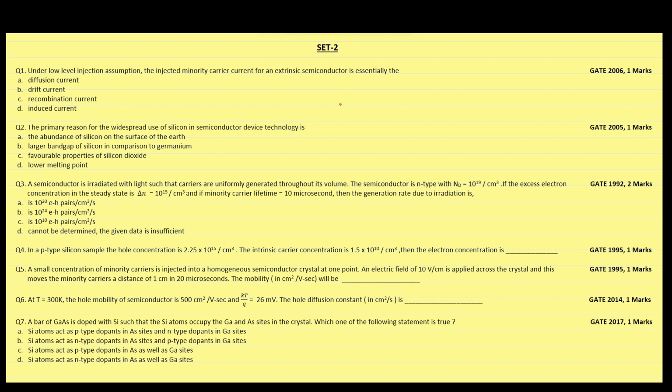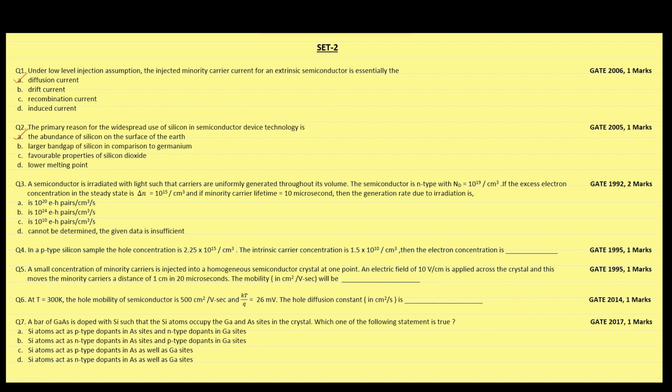Time is up. Under the low-level injection assumption, the injected minority carrier current for an extrinsic semiconductor is essentially diffusion current. The primary reason for the widespread use of silicon in semiconductor device technology is the abundance of silicon on the